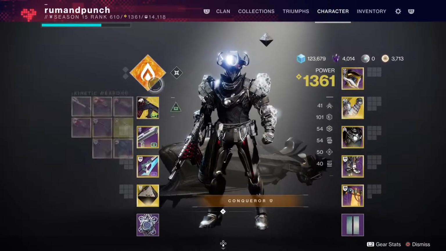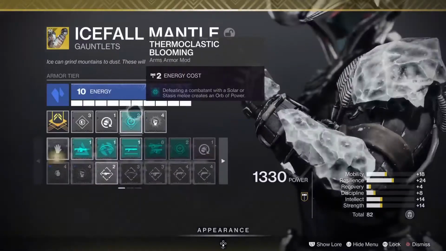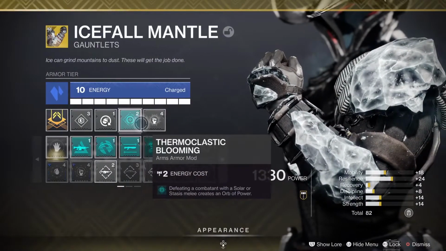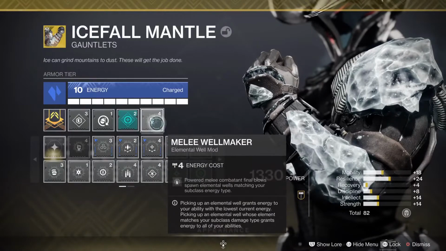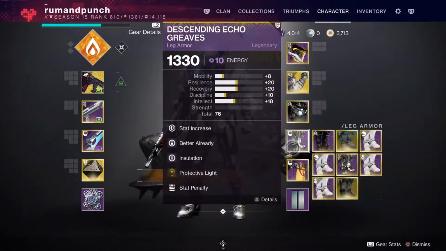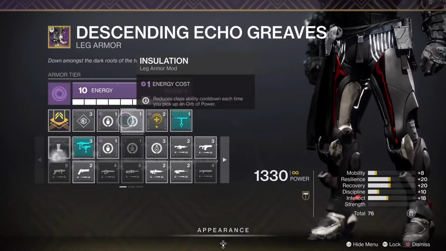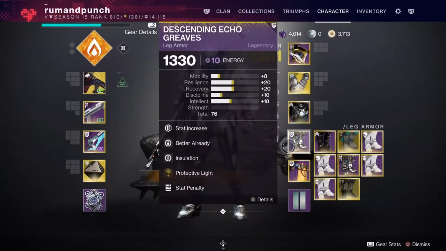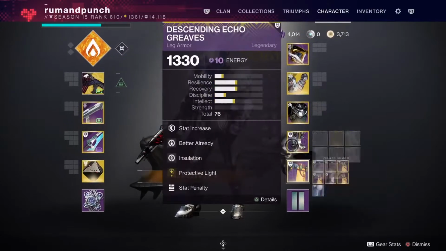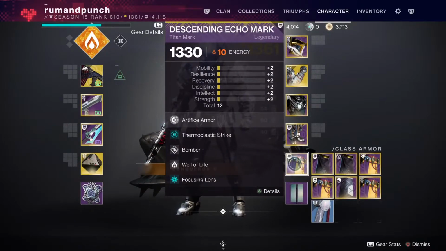So the synergy is you're going to throw that hammer. It's essentially going to proc your thermoclastic plume, which is also on your Icefall Mantle, and your melee well maker when you get a kill, giving you an orb as well as one of your Well of Light mods, the solar ones, of course. Picking that up will proc you better already, which is going to make you heal, as well as give you back some of your class ability if you're already in the Icefall Mantle. So once you have both the orb and the well, you step over them. As you know, it gives you back class ability,